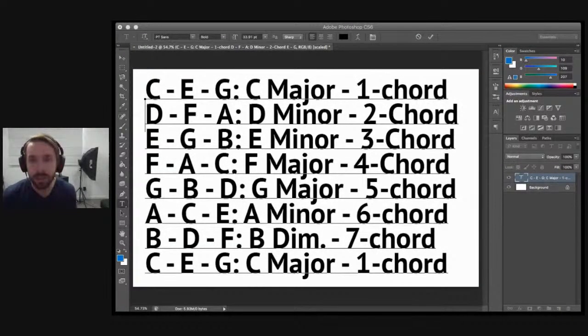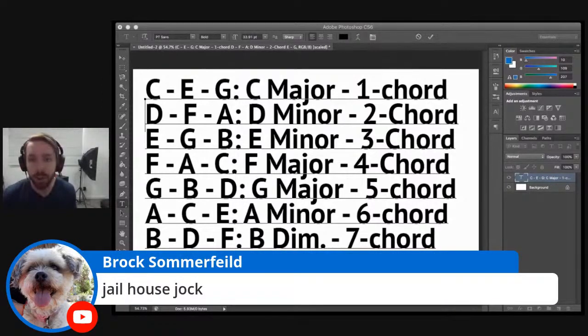Okay, we've got another one from Brock, Jailhouse Rock. This is another super important one, because this is another one you can extract more music theory knowledge out of, because Jailhouse Rock follows a specific form. It's obviously a blues, right? So you've probably heard the 12-bar blues, and this one is a classic, old school 12-bar blues.